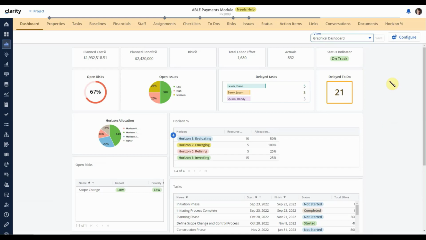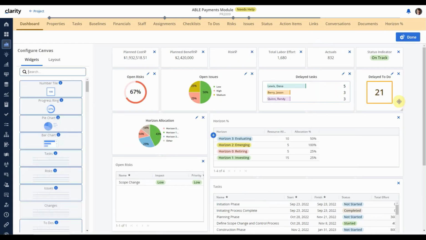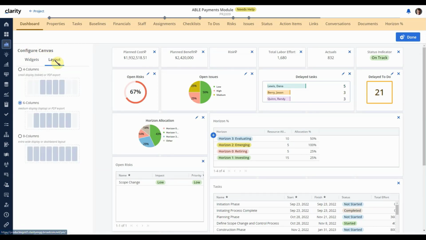All right. If I go back to configure, I have my charts nicely laid out, but as you can see, I can increase my layout columns. If I go into my configure canvas and click on the new layout column, that's where I see the three options that are available to me, the 4 column, 6 column, and 8 columns. If I click on the 8 column,